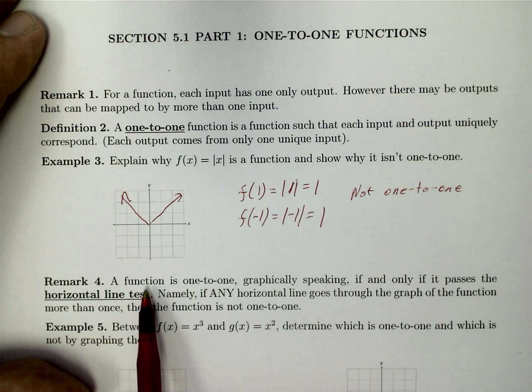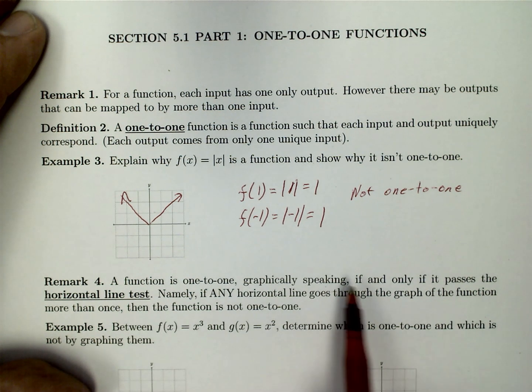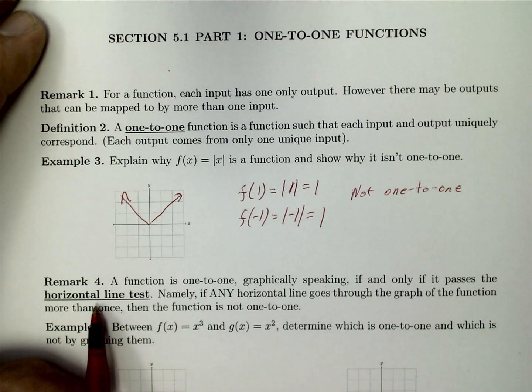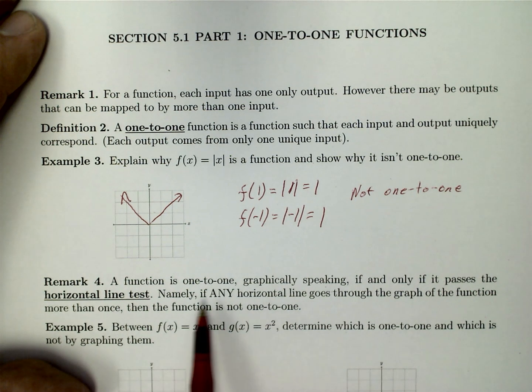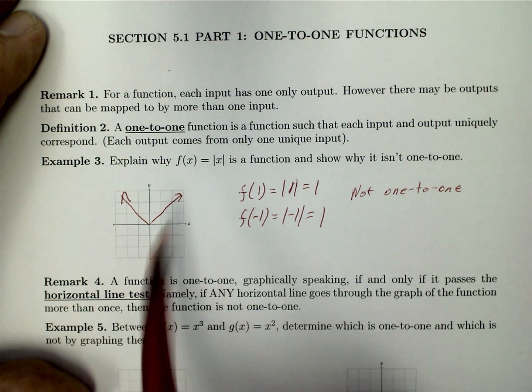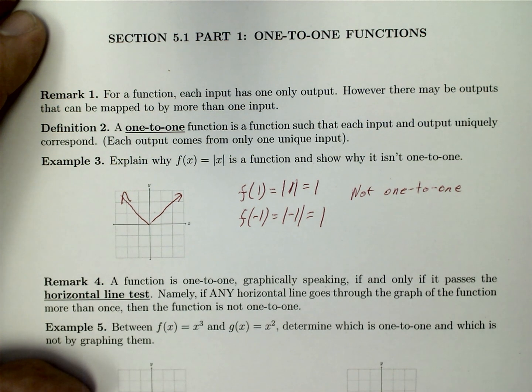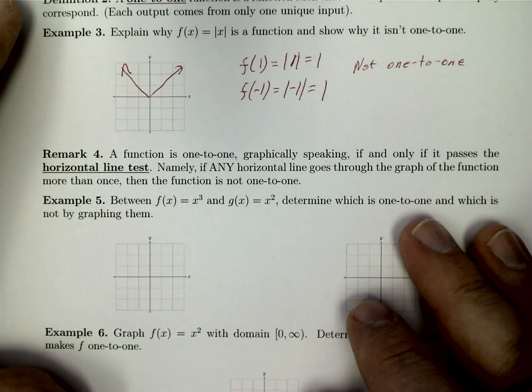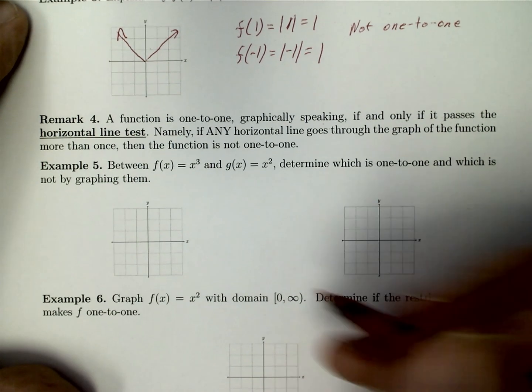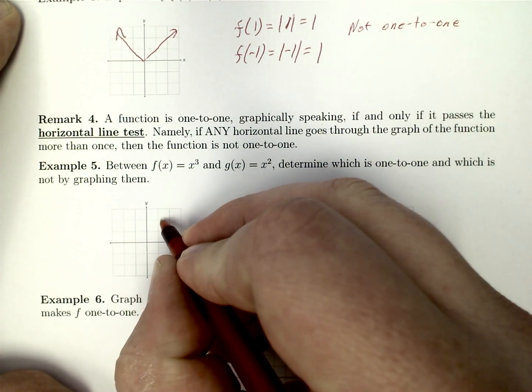A function is one-to-one, graphically speaking, if and only if it passes what's called the horizontal line test. So if you can draw a horizontal line and it goes through the graph more than once, then the function is not one-to-one. So further solidifying this, if we look at the graph of x cubed,